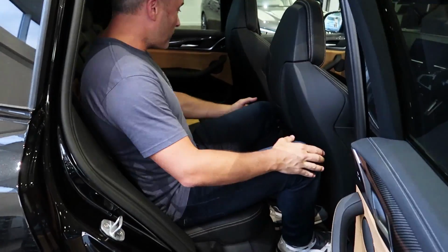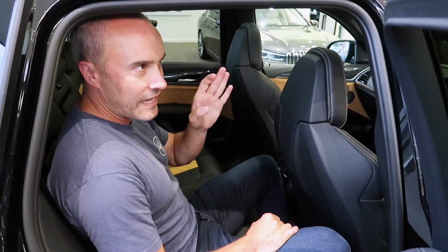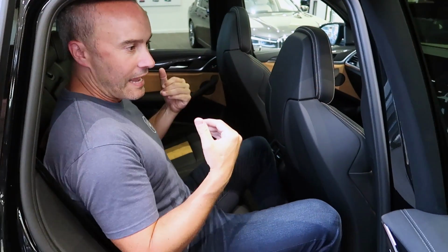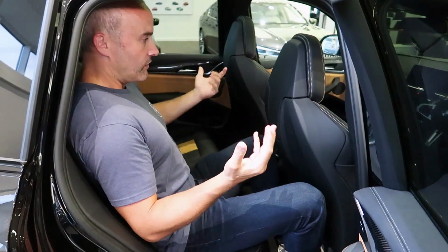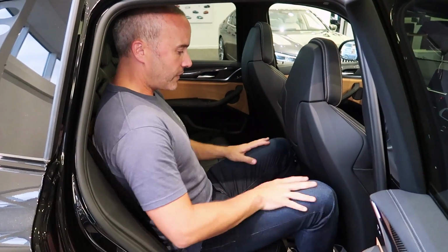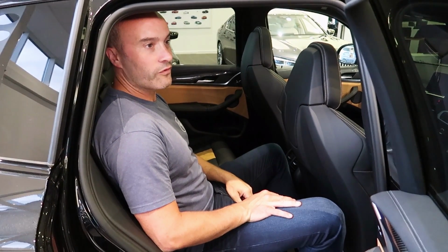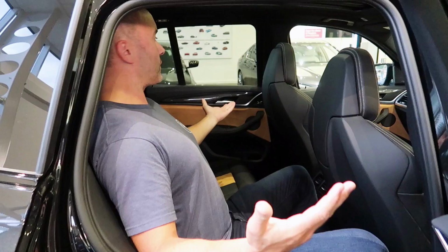So how's that for leg room? Well, it's really good. As I say, that's me really comfortable in the front. You've got to remember, how often do you have a 6'4" person in the front and in the back? But if you did, i.e. me now, I've got just enough legroom to be comfortable, but most importantly, and something I always suffer from, is headroom. I'm sitting absolutely upright now,